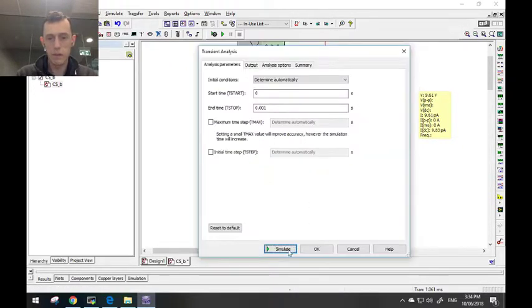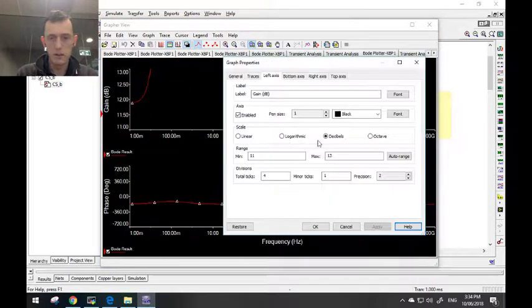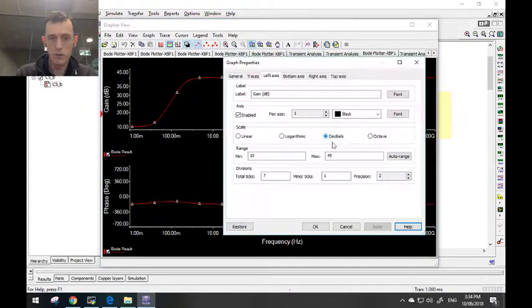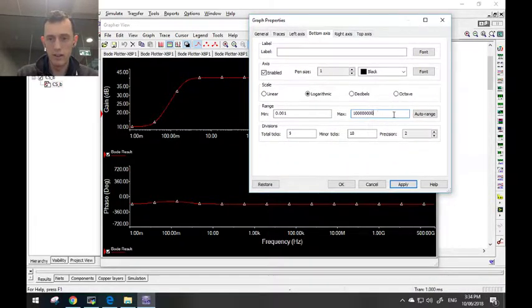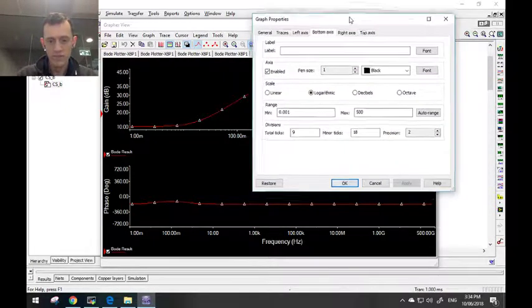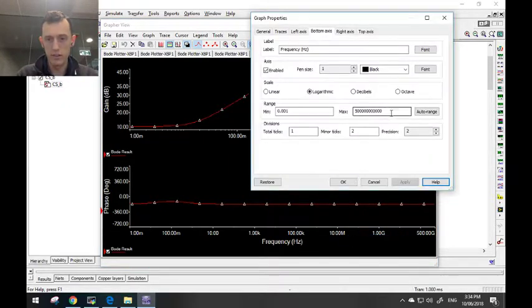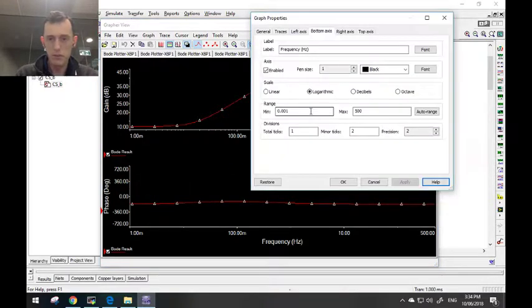Go simulate analysis, transient. Should have come up with that one. Good. Access properties, auto range, apply. Excellent. And do the same thing. Wonder if we can auto range the bottom axis, range. Okay. Didn't make any difference, so I don't want terahertz. I just want hertz. Thanks. Be great. And then they'll do the same for here. This axis, so I want just 500 hertz, terahertz again. And then I'll change these from